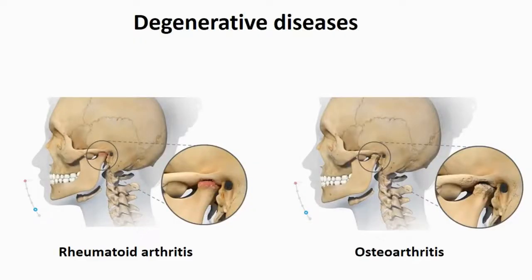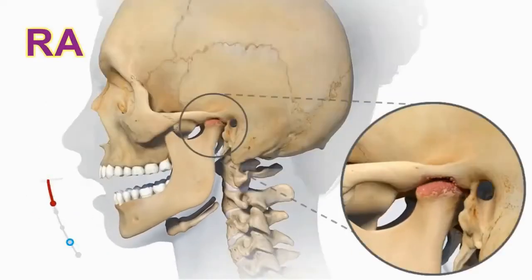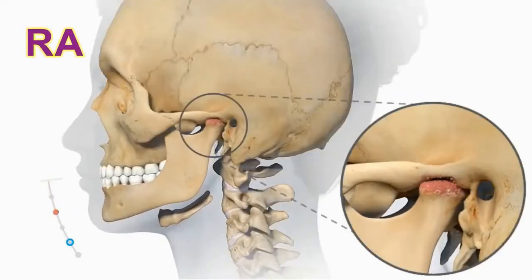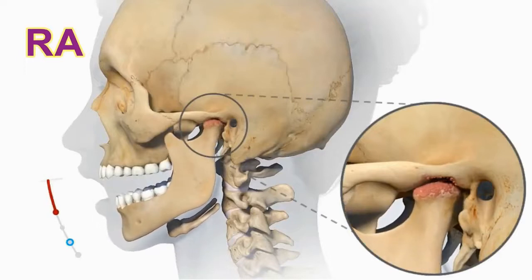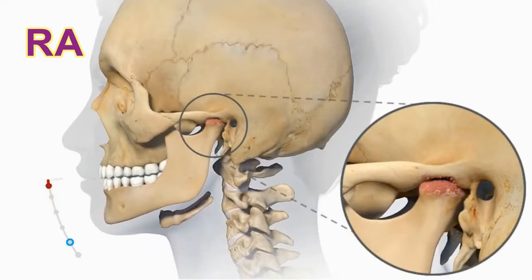Degenerative diseases. The most common diseases which can affect TMJ are osteoarthritis and rheumatoid arthritis. Rheumatoid arthritis is an inflammatory autoimmune condition that occurs when your body's immune system mistakenly attacks its own cells. RA commonly affects joints throughout the body, including the